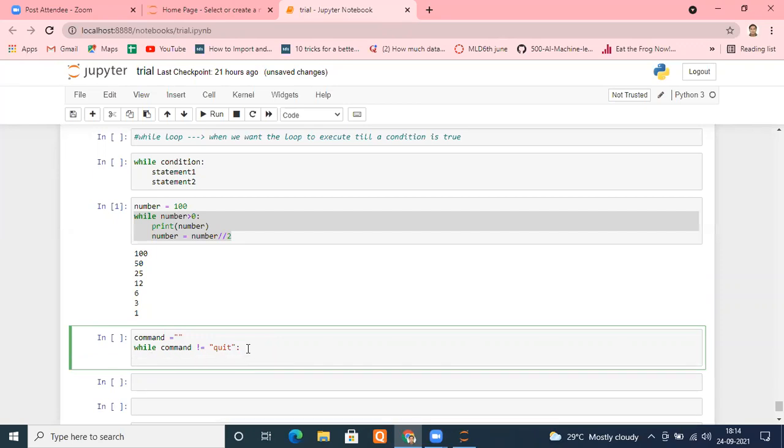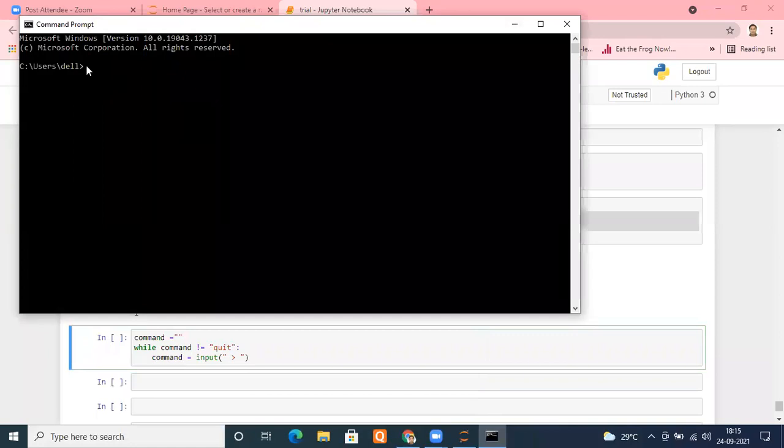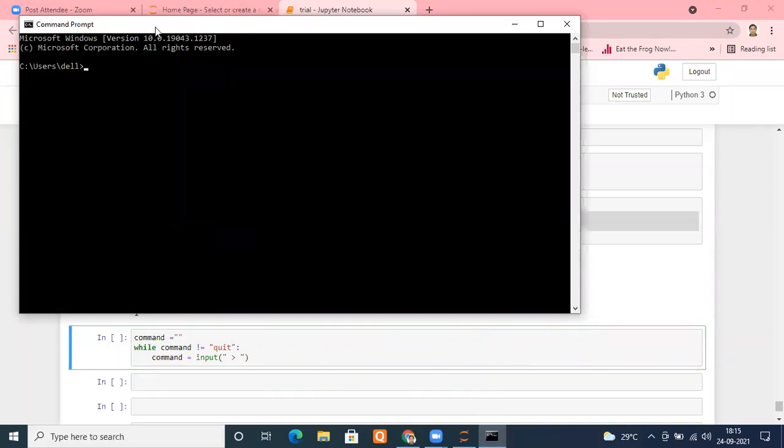So how do we ask for the command from the user? Remember, we use the function known as the input function. So we'll type command equals to input. You can write whatever you want inside the string. For example, I'm writing something like this, a space and a symbol, like we normally see in our system. Like if I open my command prompt, you can see this kind of symbol. That's what I just tried to show there, nothing else.